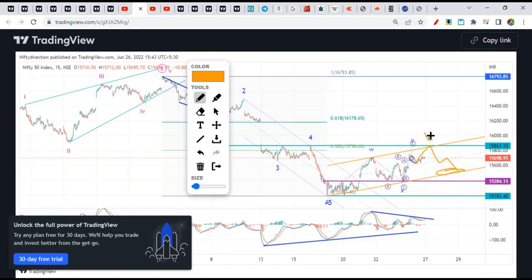It will be a slow drop. This will be a Y wave completed here, right? And this will be again X wave, and another round of consolidation can come as Z wave. Maybe it will go towards 16,180, right? So if Nifty breaks